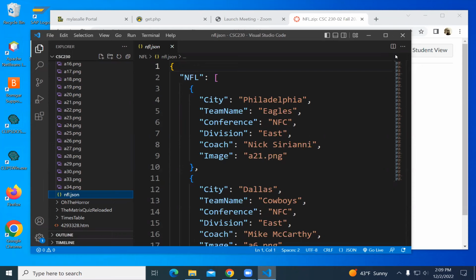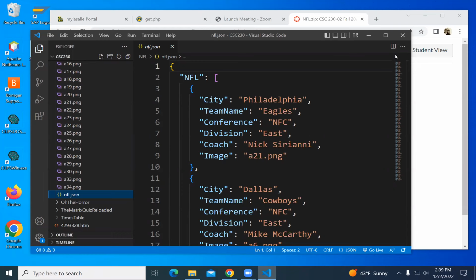I will write code to discover that. And the same thing for the divisions, which I know are east and west and south and north, but we're going to write code that discovers the conferences and the divisions. And then a team belongs to a conference and a division.